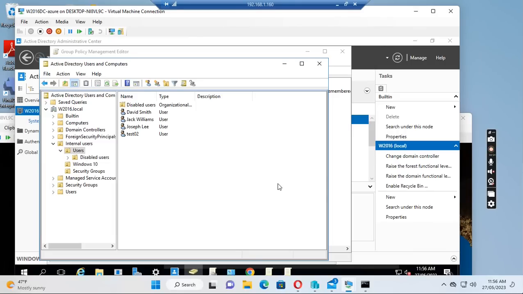Hello everyone. In this video I will show you something for the Active Directory. So two things I want to show you. One is to enable the recycle bin, and the other one is to set up the password policy for security